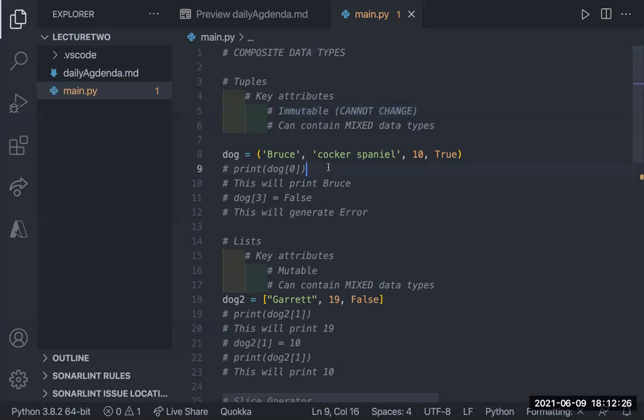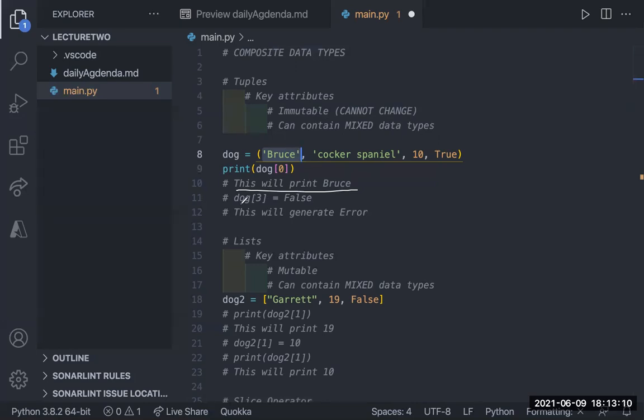So here, if we were to run this, it acts the same way, kind of like a list, or what you guys are used to called arrays. If I want to target this first piece, this Bruce, the way I would do that is I would say dog, and then I would give my brackets with the position, like we had with our arrays. This is position 0, this is position 1, position 2, and position 3. So if I want to say print dog 0, it'll print the value at this position of my tuple, which we can all guess will print Bruce.